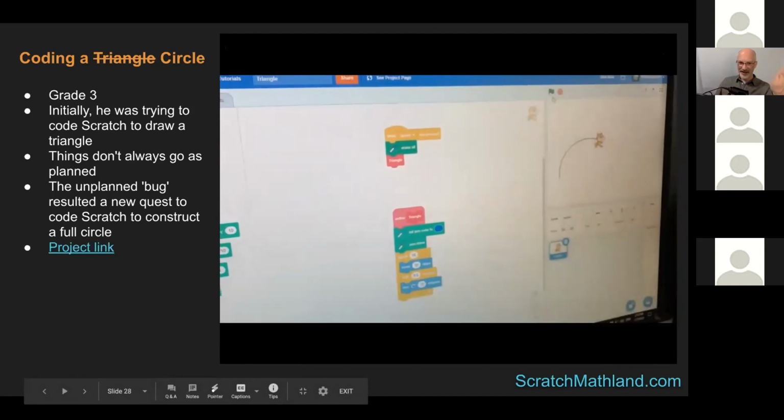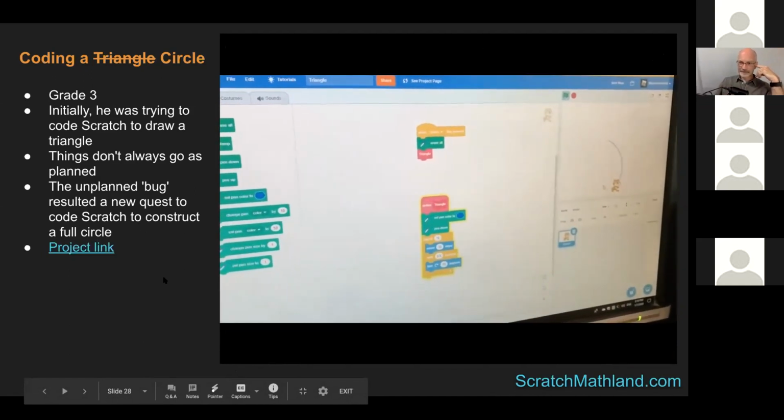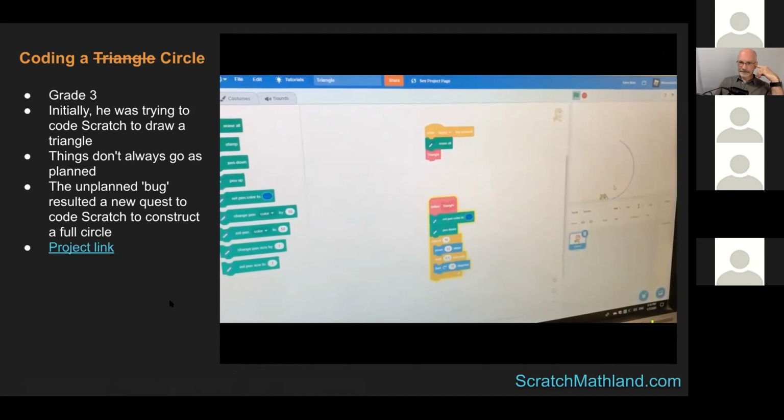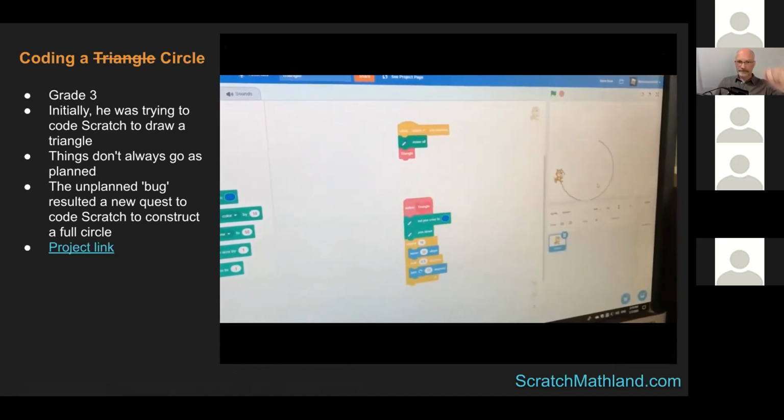So he's abandoned the triangle and he just wants to do the triangle. I think it's gonna hit the edge. Oh wow, it almost did. Well, it kind of did. So,